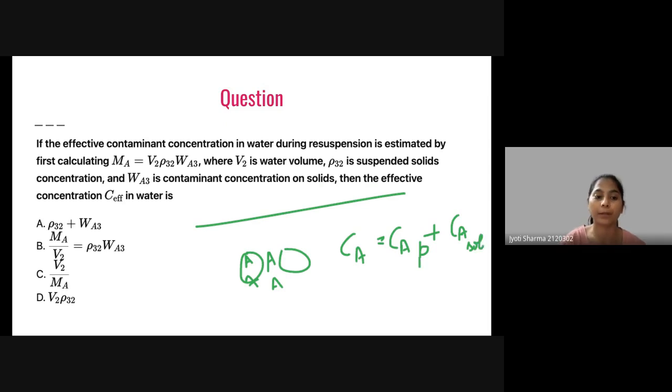Pore water. So, if we are calculating the effective contaminant concentration in water during resuspension, it is estimated by first